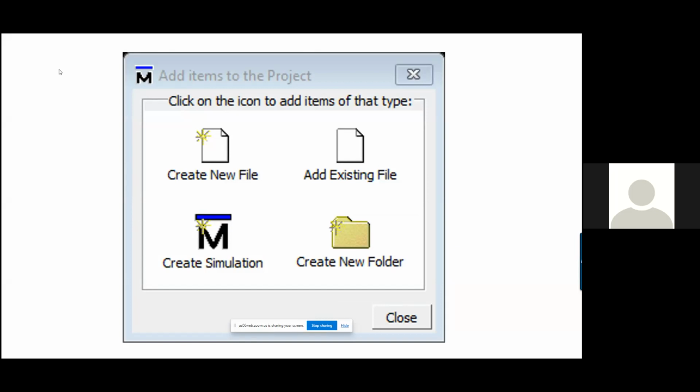If you already have a VHDL file, then you may select add existing file. If you already compiled the file and just want to simulate, then you can select create simulation. If you make a sub project folder, then you select create new folder. So as a beginner, you may choose create new file and close.